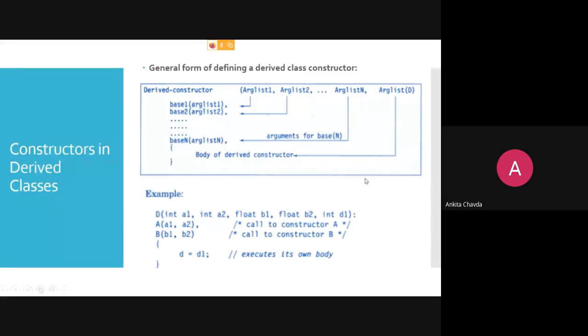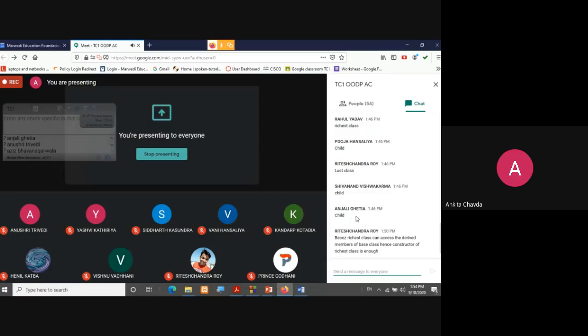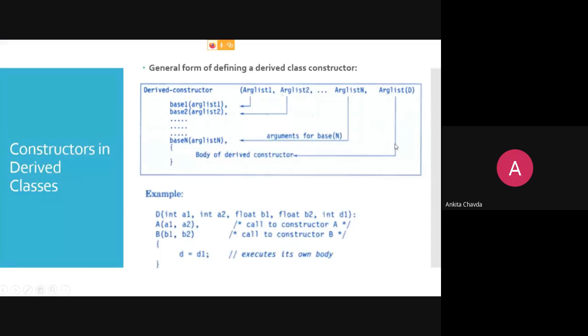So that is how we are writing the constructor. Then what you are doing is you are taking all the arguments. Here they are having five arguments, two for one class, again two for another class, and the fifth one is of its own class. Then you are having a colon. Here the colon means you are calling at the same time your base classes' constructors via the comma.